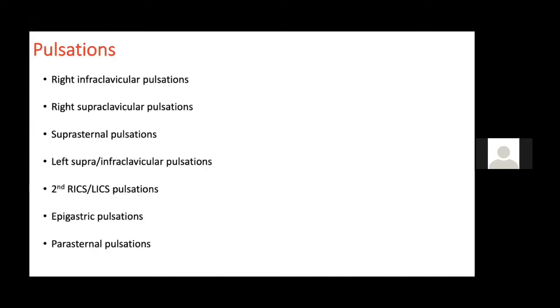Apart from this, you should always look at various pulsations. Here I have written down various pulsations which you have to see in all the cases of cardiovascular system. You can sometimes get the right infraclavicular pulsation, which is also at the area of the right sternoclavicular joint. So a pulsation at the right infraclavicular area may suggest